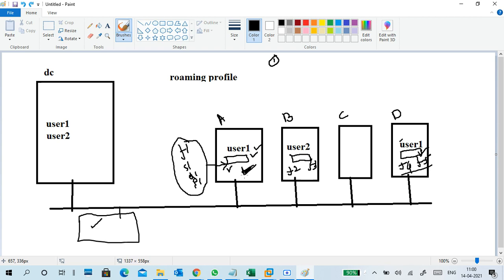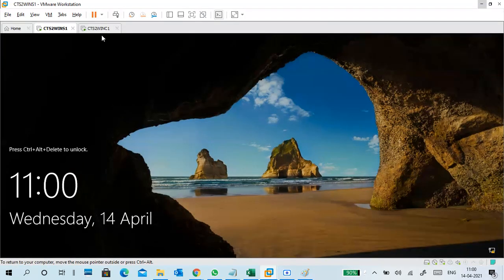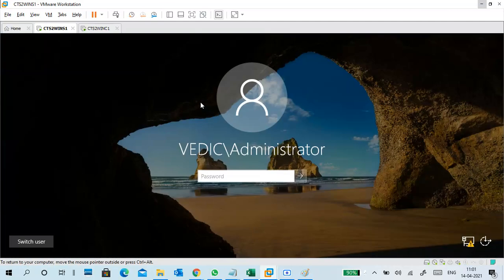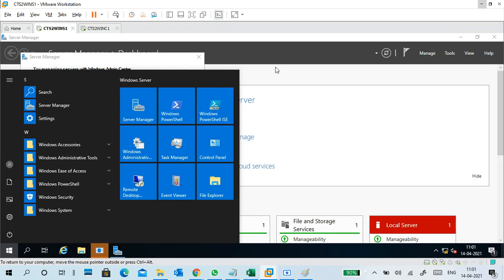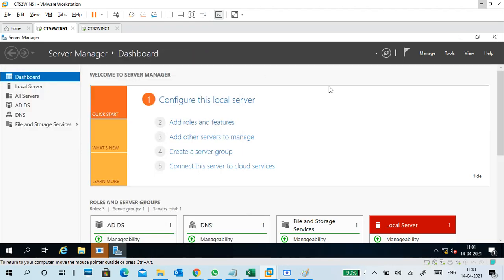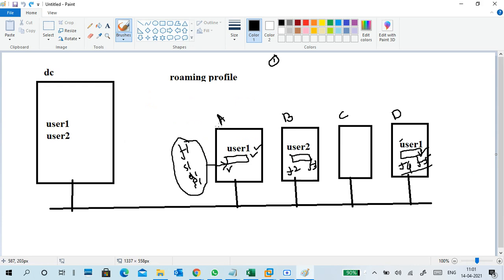Okay, so this is it. But for explanation, we are telling it like that. But in practical terms, do I have any NAS storage here? I have a server and I have a client, and I don't have any NAS storage here. So what I am going to do is create a folder here.